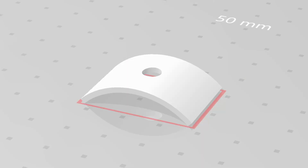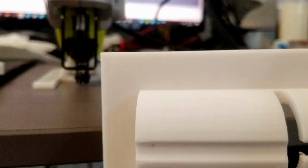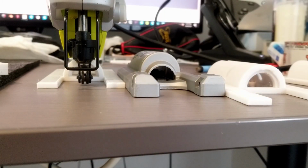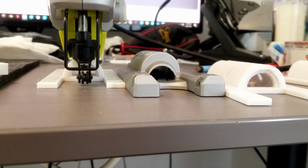So if you need higher clearance, I created some flanges that you can put on top here, and then you can increase your clearance. But also the small clearance will help you get more of a short blade, unless you have a longer blade. But if you have a longer blade, that allows you to cut thicker wood. So this is the first universal jigsaw table adapter, so I would like some kudos to myself, applause and everything in between,